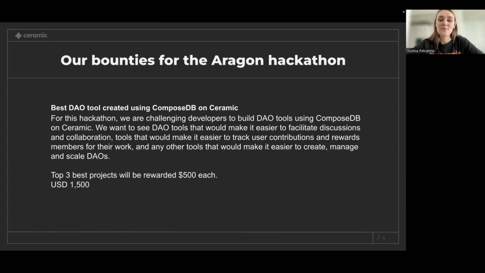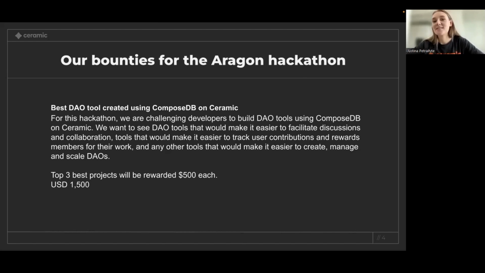We want to see developers building tools that would make it easier for developers to build new DAOs, or that would accelerate the scaling and growth of existing DAOs. So anything from easier ways to manage proposals, share information, facilitate discussions, to tracking user contributions and members of the DAO, and what kind of work they do, building their reputation systems and so on. These are the things that we would really like to see developers create for this hackathon.